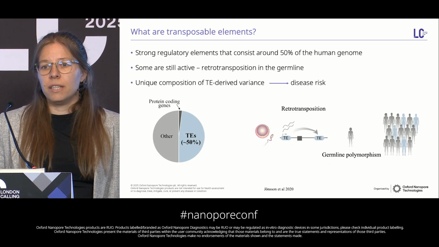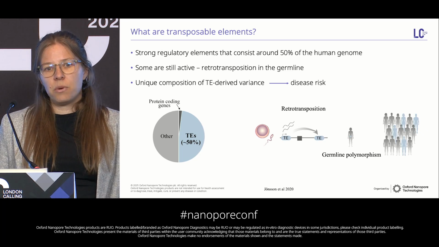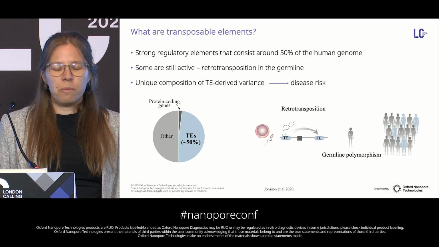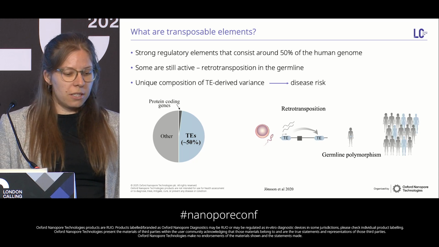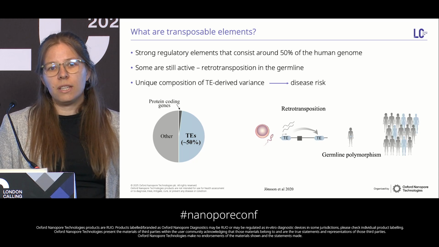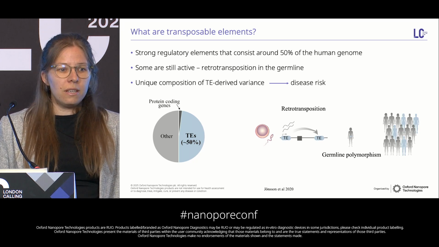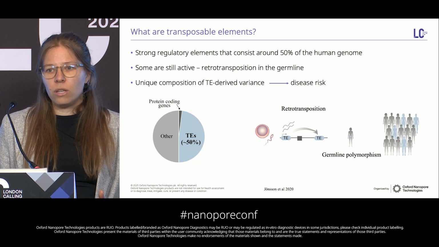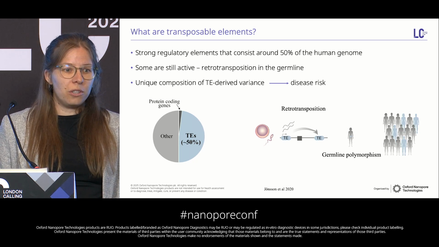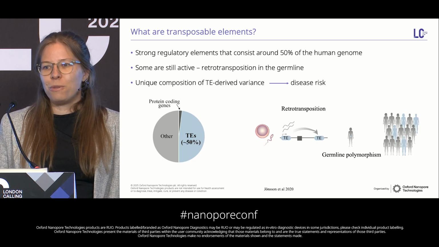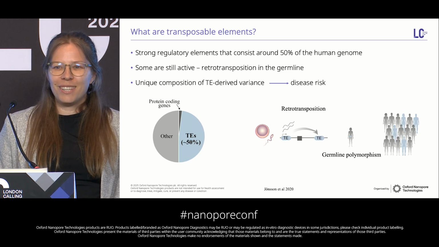But what are really these transposable elements? Transposons are mobile genetic sequences in our genome that can still mobilize. Some of them have a very strong gene regulatory potential, and most importantly, they are at least 50% of the human genome. That is very surprising and interesting if you compare it to the only 2% protein coding genes, and many of the studies are focusing only on that 2%. For me, it's very exciting that this huge amount of information is out there and a lot of things to discover.